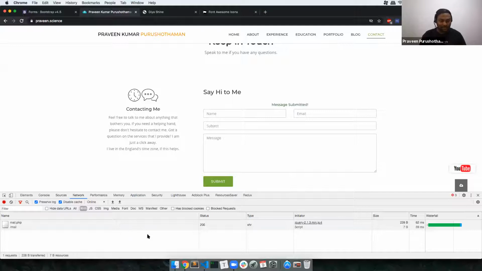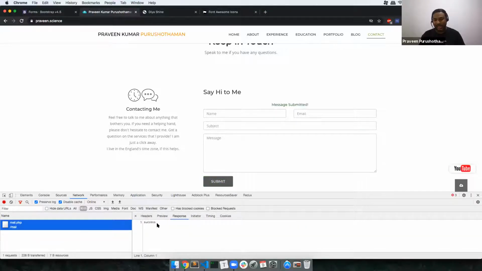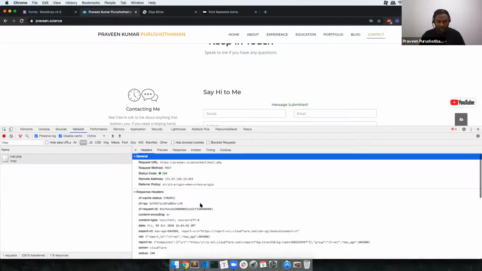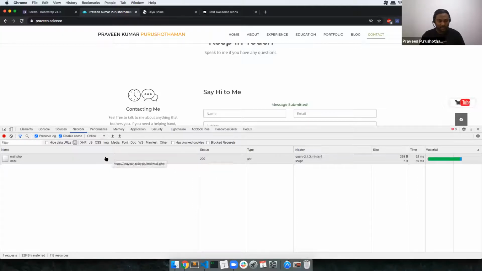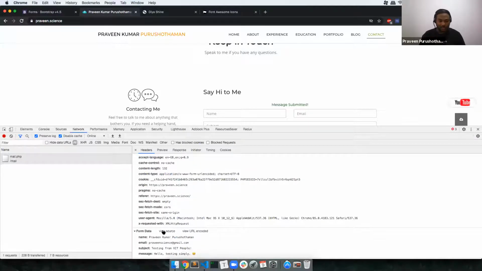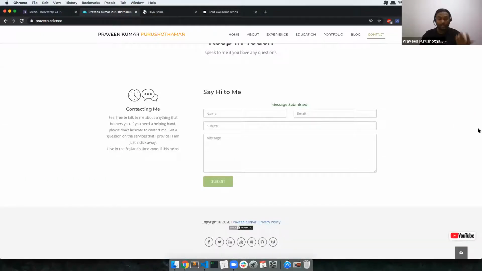The moment I click on this, it's going to go to a PHP file, and that one is done using an AJAX XHR request. If you go here, it is going to send me name, email, subject, and message, all these things. That PHP file will process it and create entries in the file system, and I need to manually check it. I know there will be a lot of messages by now. I still haven't got the time to look at it. I didn't even log into that.